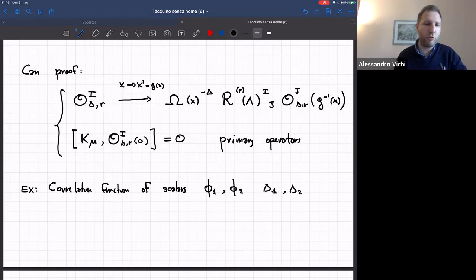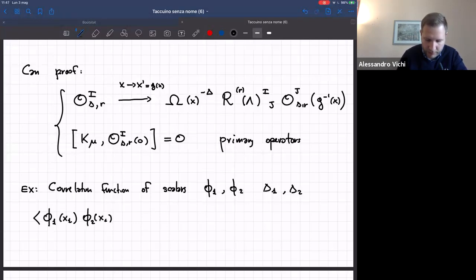They are scalars, so they do not transform under rotation, which means that these transformation laws simplify quite a bit. And we would like to show that this object, up to a normalization factor that can be reabsorbed in the fields, is completely fixed. So we'll take the correlation function of these two objects, and I will call this object